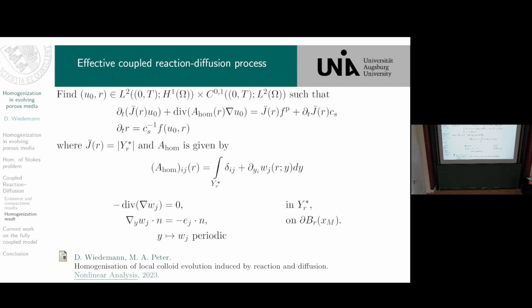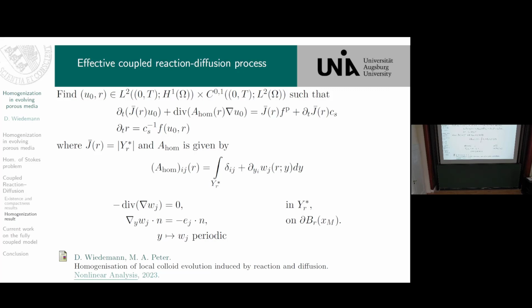So we got rid of the evolving domain, and we have now an effective diffusion coefficient which depends on the radii, and the radii are defined pointwise in omega. So at every point in omega we have an ODE for the radii, and what's also interesting is that